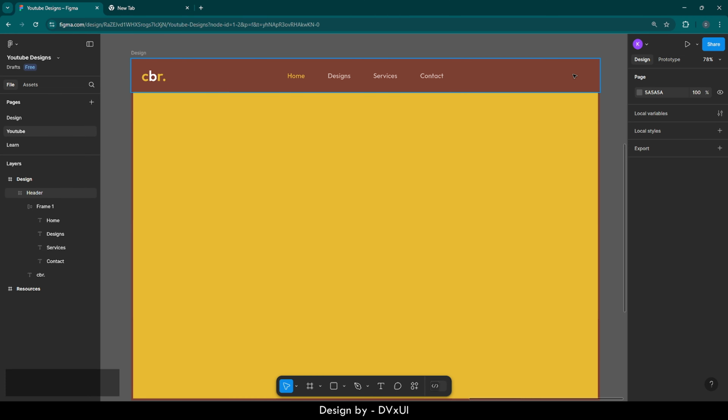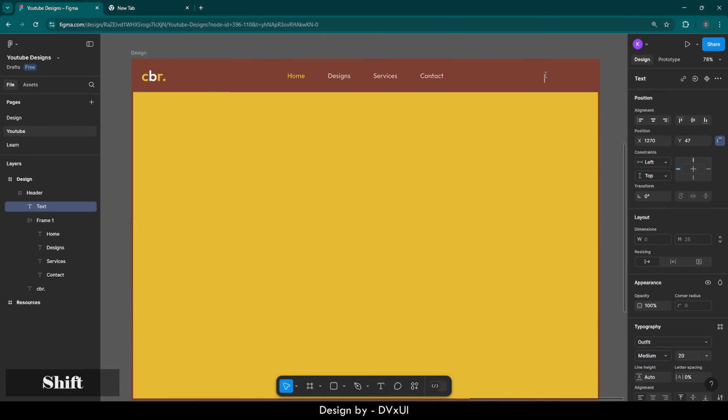Now we need a button over here. For the button, what you need to do is take a text element. Well, yes, you heard me right. We need a text element. We don't need a rectangle. Let me tell you why. If you take a text and here, if you write register,